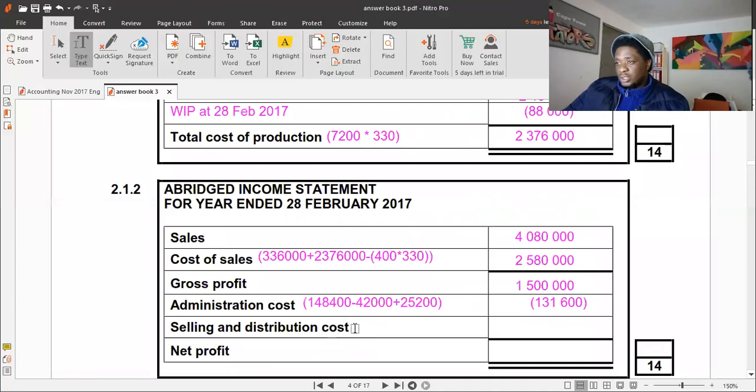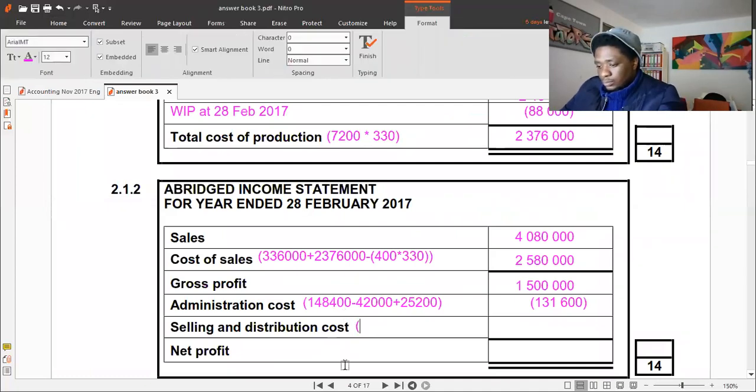So we'll literally just say 422,000 minus 102,000, and then we'd get a balance of 320,000, which should be in brackets. And then if you say 1,500,000 minus 131,600 minus 320,000, it will give you a net profit of